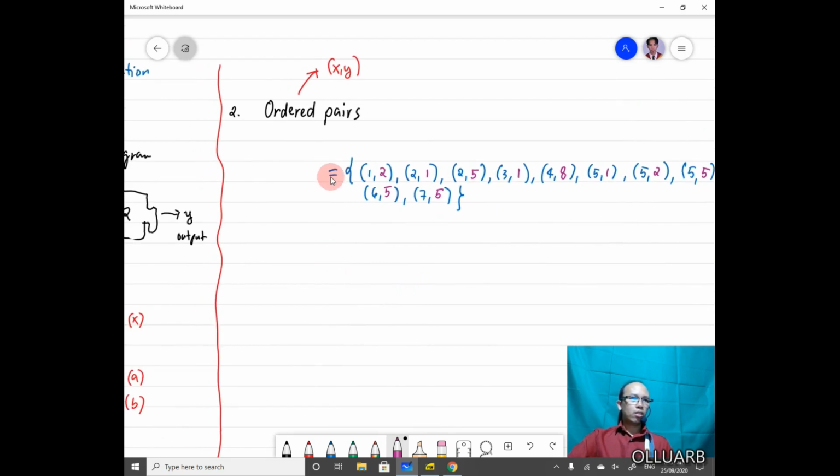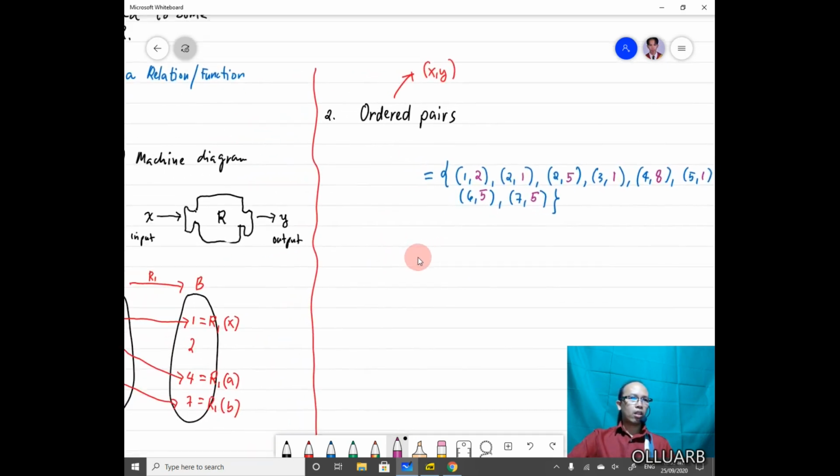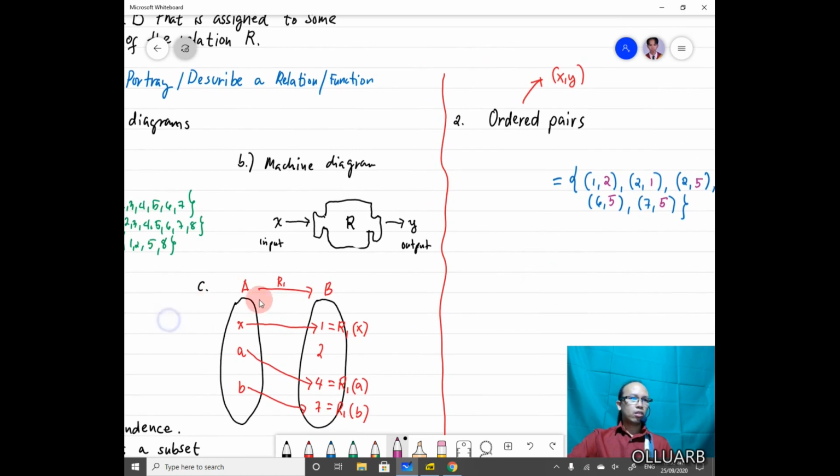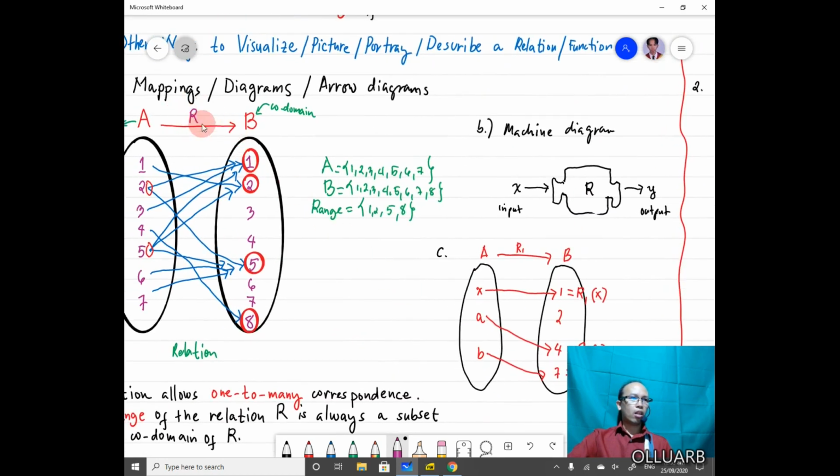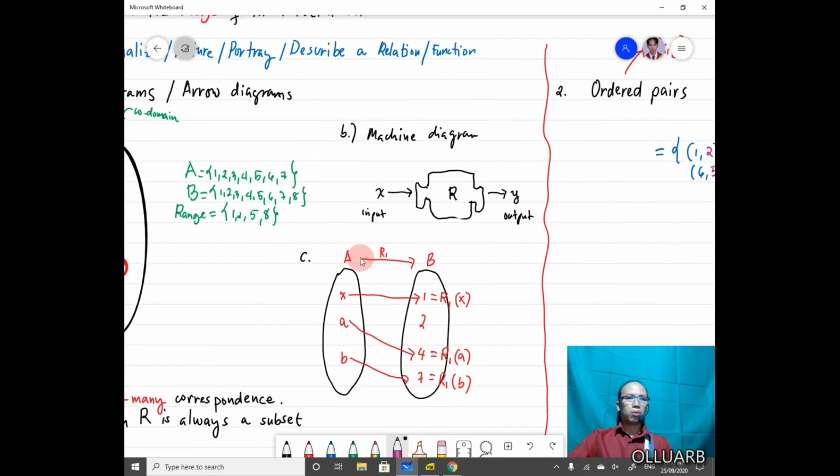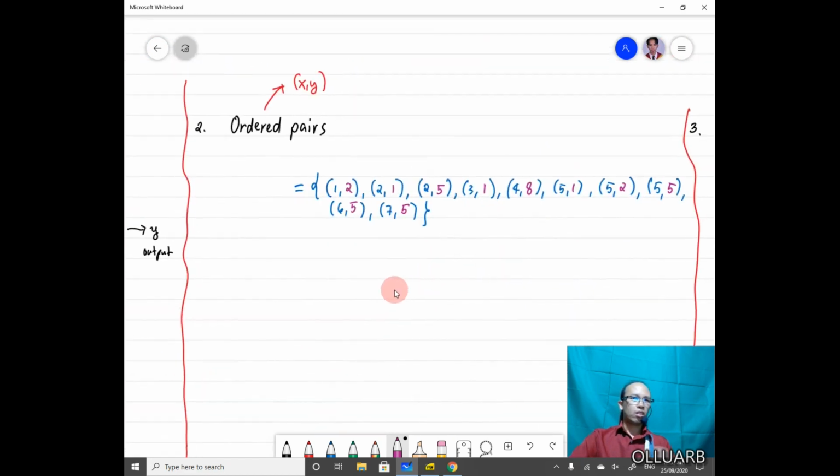And notice that there is an equal sign here, and our notation is R, so we have to put R here. So this is how you are going to describe the